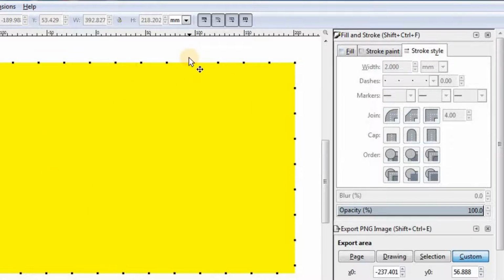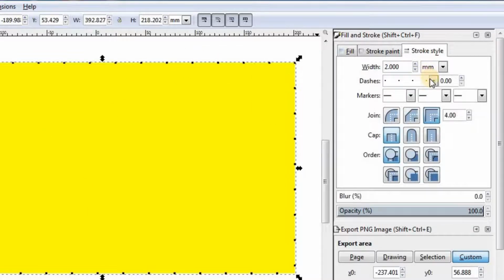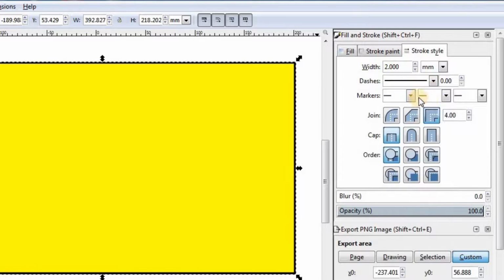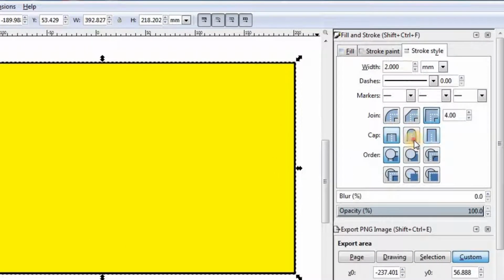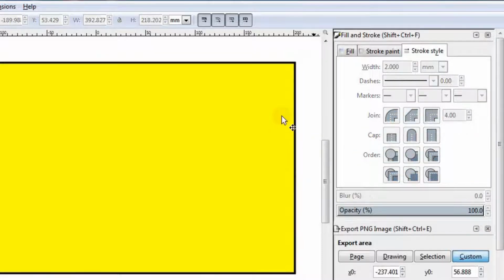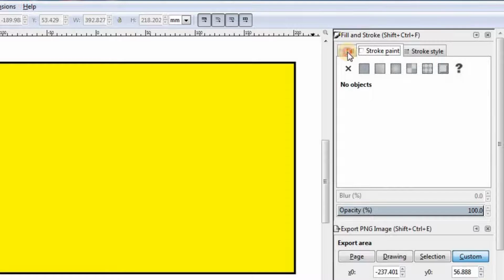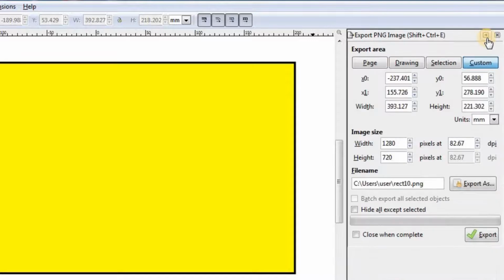This looks really cool. So here's how you adjust this. There are many options over here. You can see cap, but now I am not going to tell that, a little bit more later. Actually, you don't need those options. You only need some options to create a really great YouTube thumbnail. So that's how you set your stroke.